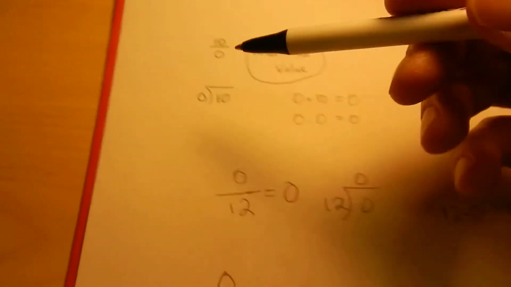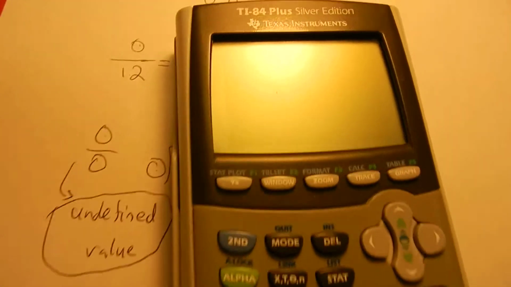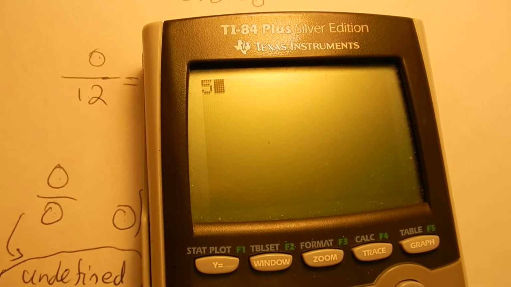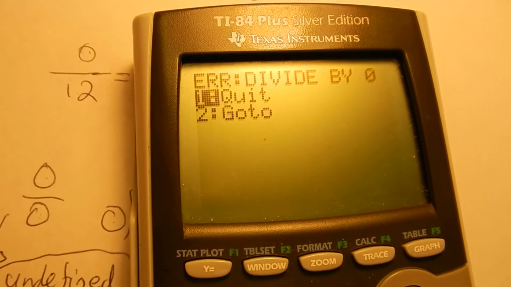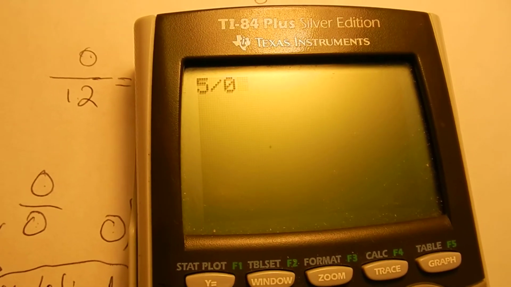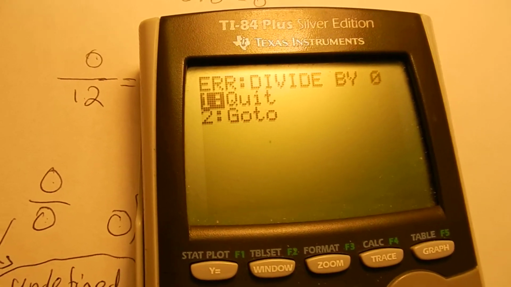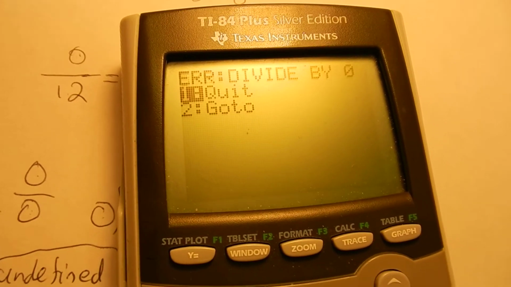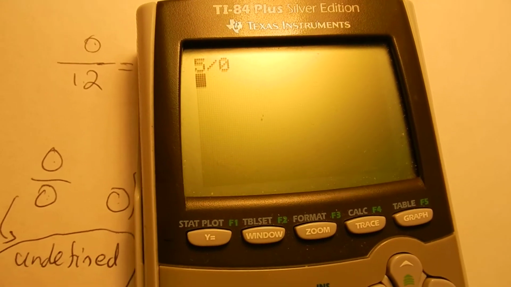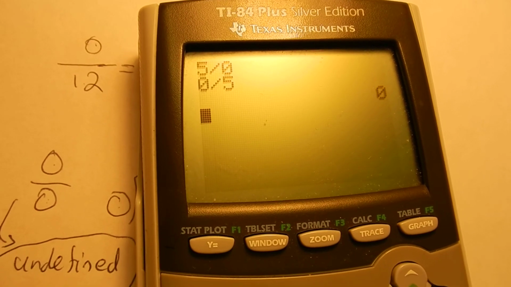So anytime you're dividing by 0, it can't be done. If you try that in your calculator, it's going to give you an error real quick. If I take 5 divided by 0, it'll give me an error. Divide by 0, can't do. So let me quit. Sorry. So what if I do 0 divided by 5, though? That'll give me 0. All right, hopefully this